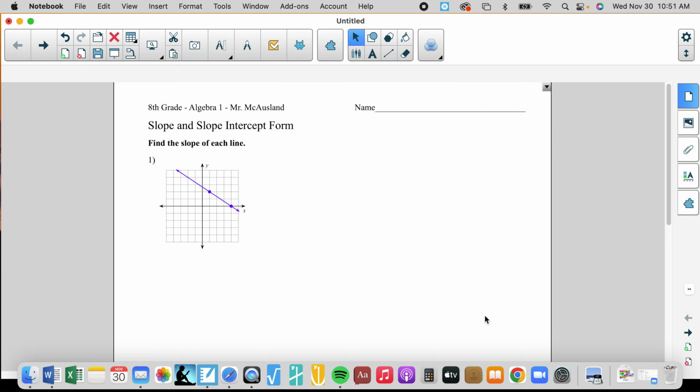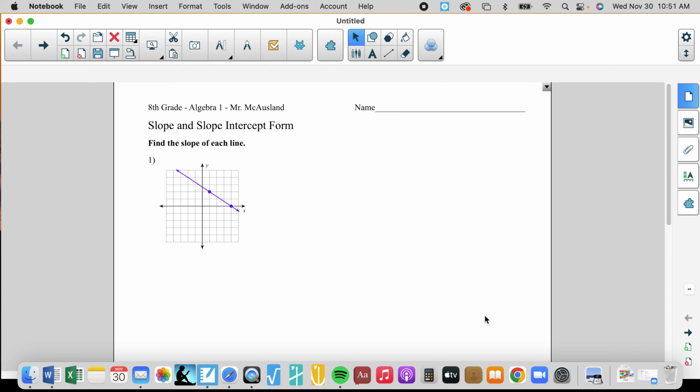Today, we are going to go over slope and slope-intercept form. So these 16 problems will deal primarily, the first couple will be finding slope when you're given different pieces of information. In this example, we're given a graph and we're given a line with an infinite number of points, but